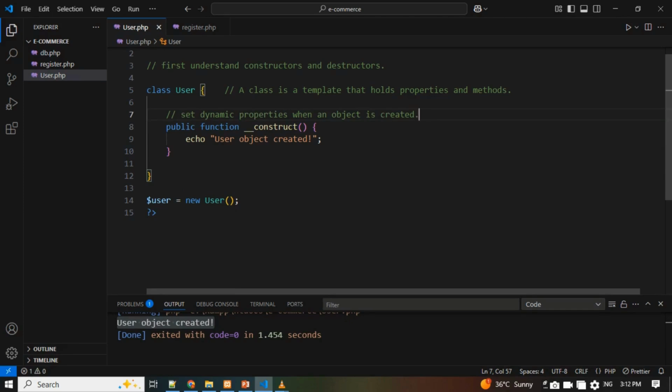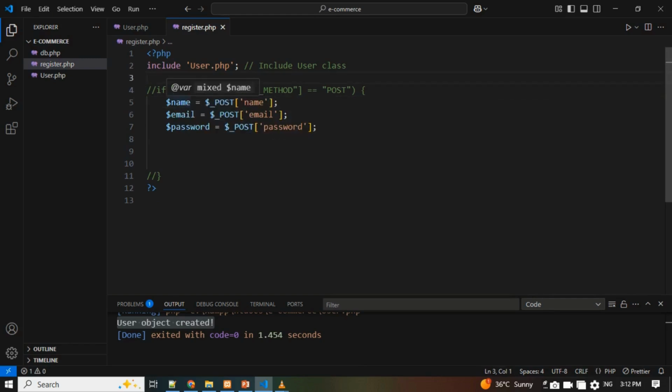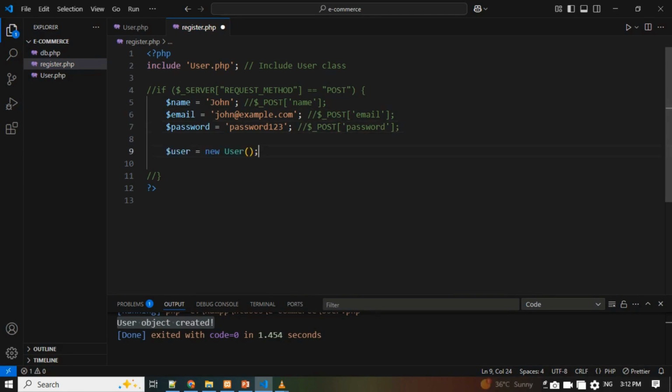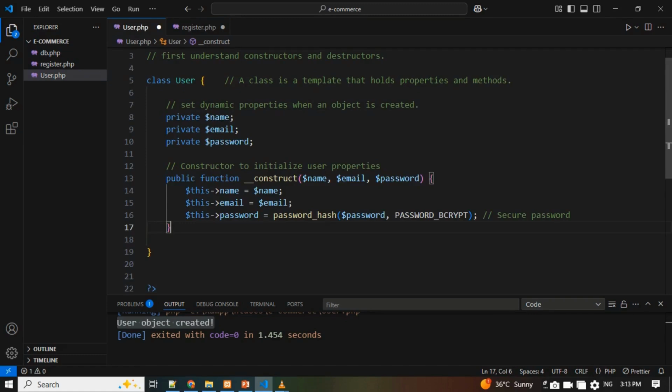For example, during user registration, we receive dynamic values like name is equal to John, email is equal to john@example.com, and password is equal to password123. When a user submits the registration form, the form data is sent to a backend script for validation. Then, a user object is created, and the user's data is passed as arguments. Here, when we create a user class object, then the constructor is called automatically and assigns these values to user